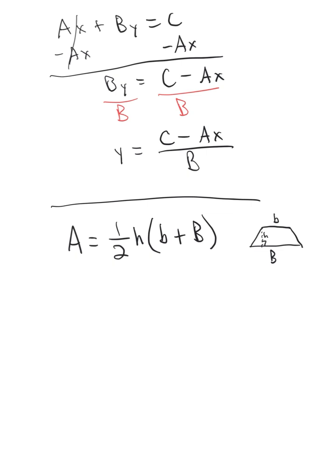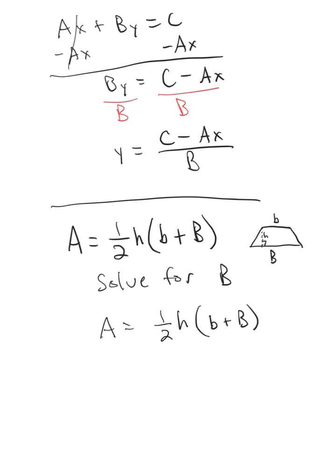In this case, notice the capitalization of the letter B makes a difference, because you're talking about two different parts of the trapezoid. So let's solve this equation for, let's say, capital B. There's a few ways you could get to this. I've got the b plus B in parentheses, and then that other stuff outside the parentheses, so let's get rid of that first. So we've got 1/2 h times, in parentheses,